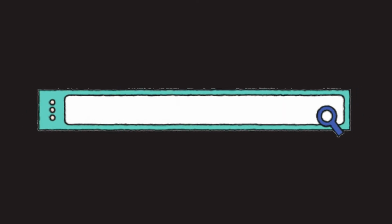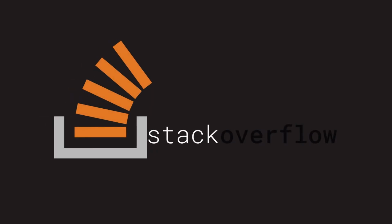And remember, if you ever run into a problem, Google is your best friend. The programming community is huge and chances are there's already an answer to your question. If you can't find one, post a question yourself. I recommend posting your question on Stack Overflow because it's one of the largest Q&A platforms for programmers on the